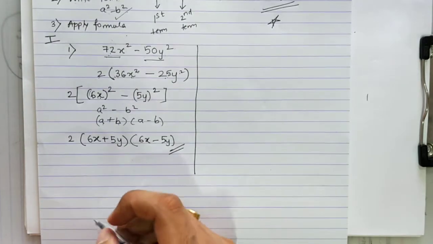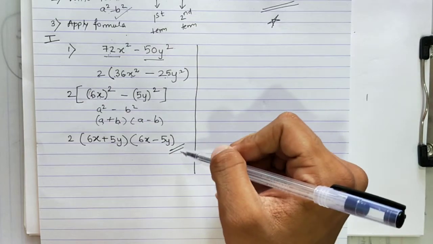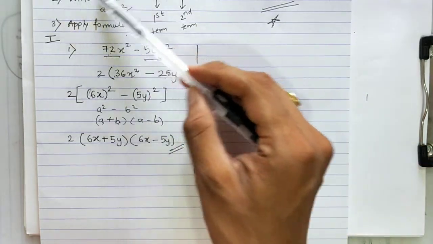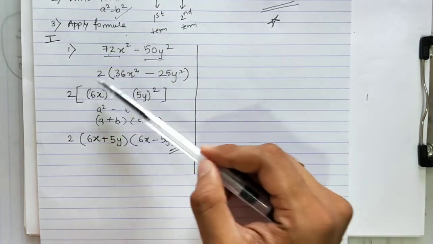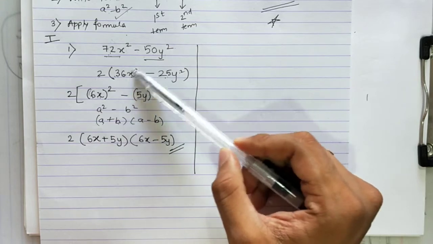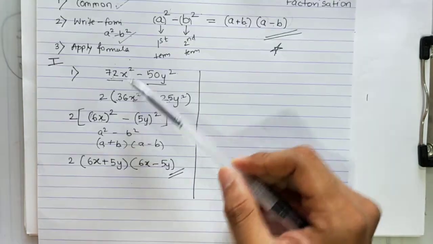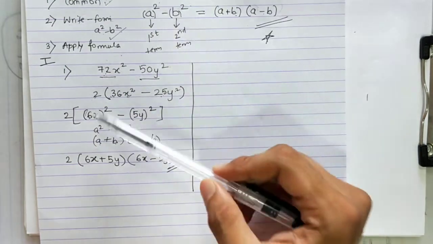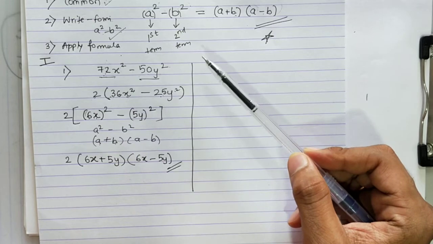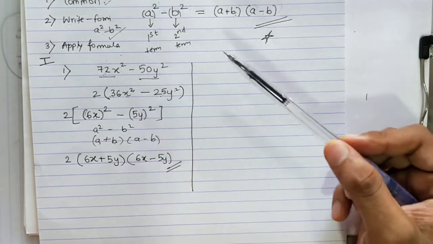Understood how to solve the sum? I have done the sum very slowly to make you understand each and every step. Let's go through it once again. First step is to take common. So here in this case 2 was common, so I took 2 as common. Then this 36x square, we have to write it in this form, bracket the whole square. 36x square was written as 6x the whole square. Correct. 25y square is written as 5y the whole square.